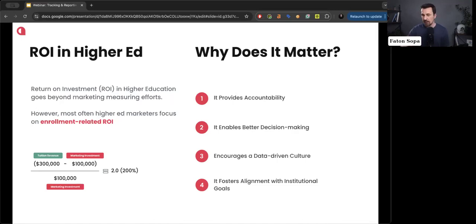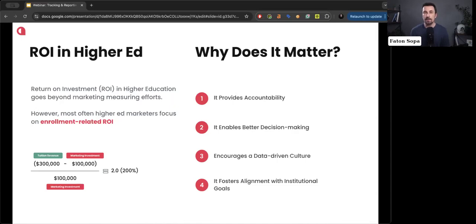And last but not least, when you measure ROI, it helps you to foster alignment with the institution's goals. Higher education marketing is not only about the quantity of students, but also about the quality of students.